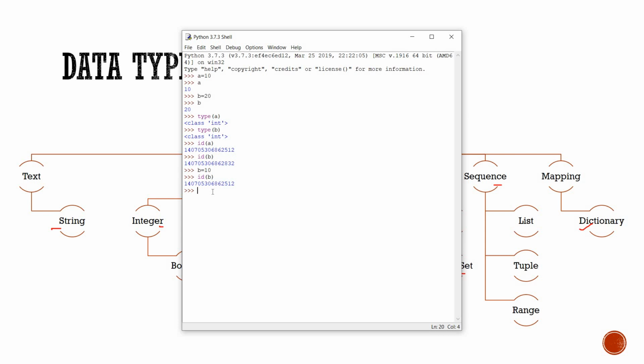Now in integer we have boolean values. If I'm writing bool, we all know that we have the values 0 or 1 in bool. What happens if we write bool 0? It will give us the answer false. And if I'm writing bool true, bool 1, what happens? It will give me the answer true. Now why are we counting it in the form of integers? Let me show you. If I'm writing true plus true, my answer is 2. Why? Because true has the value 1 in boolean format. That's why it is a subpart of integer.